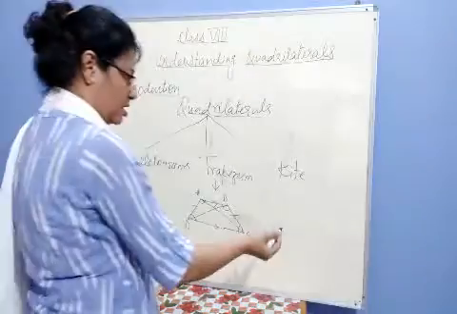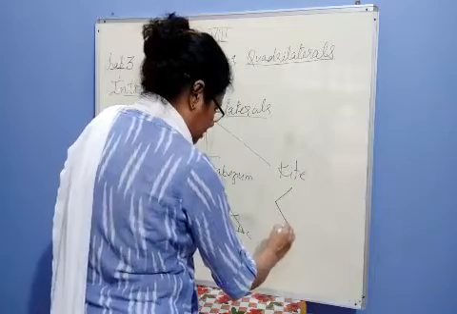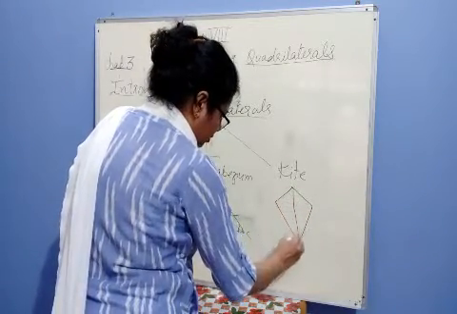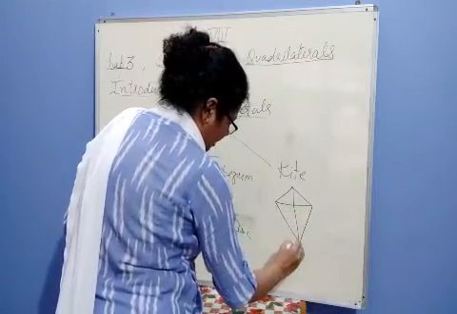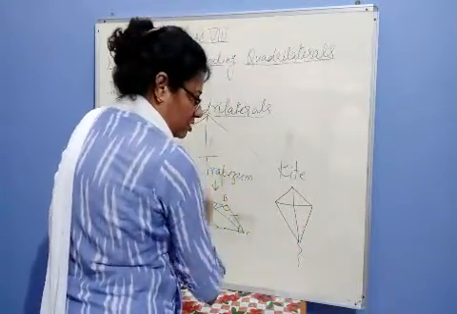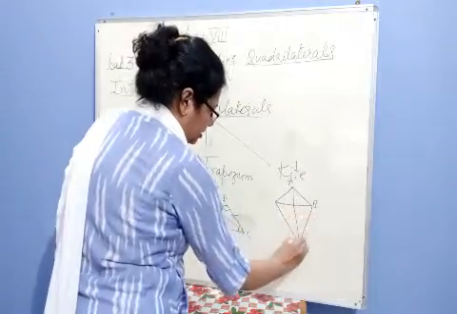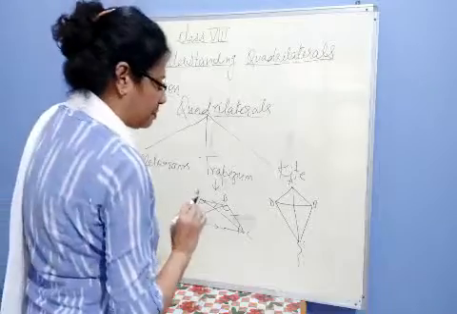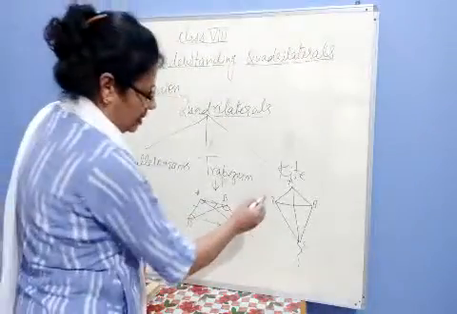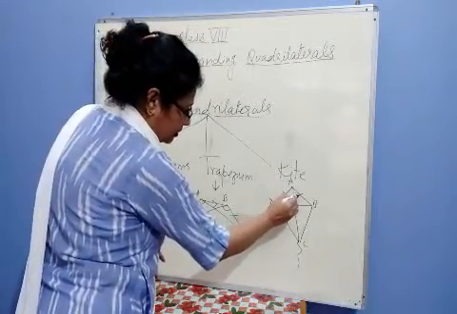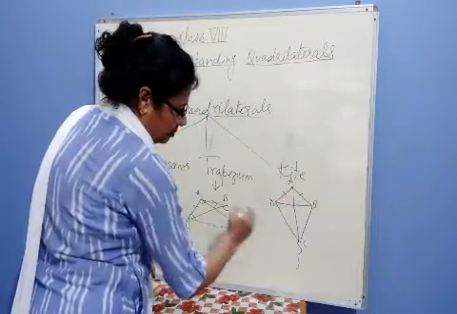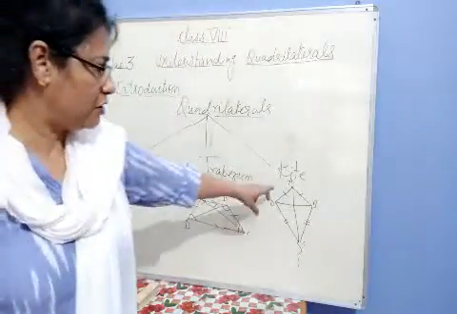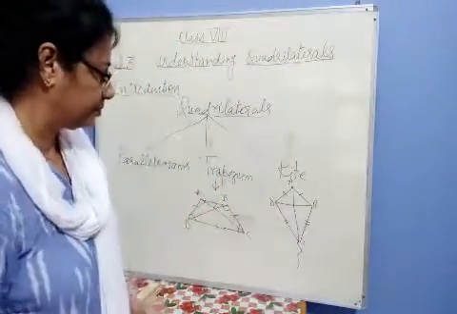Now come to the kite. Yeah, kite is very beautiful. Similarly, its properties are also beautiful. Let me make a tail also. ABCD. What is the property which makes it different from others? It is that its adjacent sides are equal. Means AD is equal to AB and CD is equal to BC. So here the pairs of adjacent sides are equal.